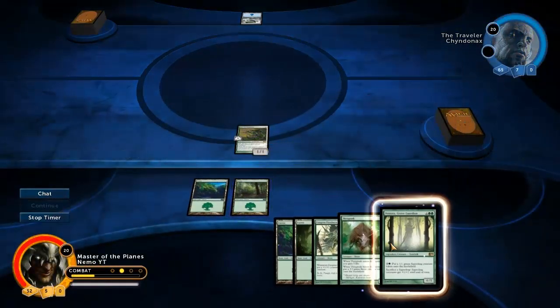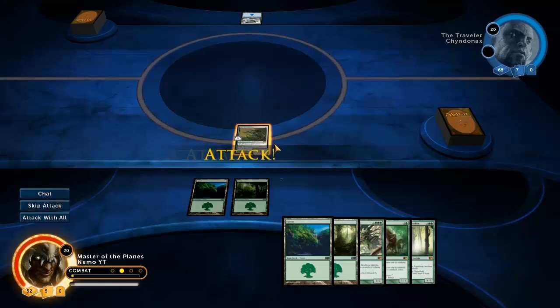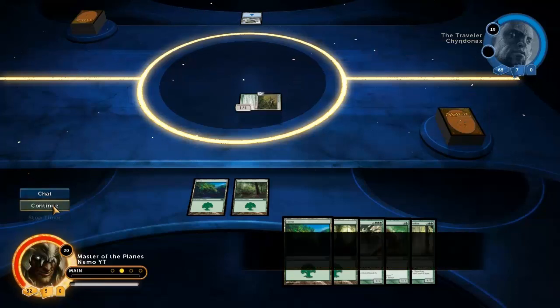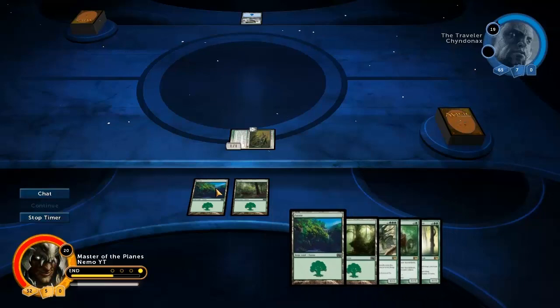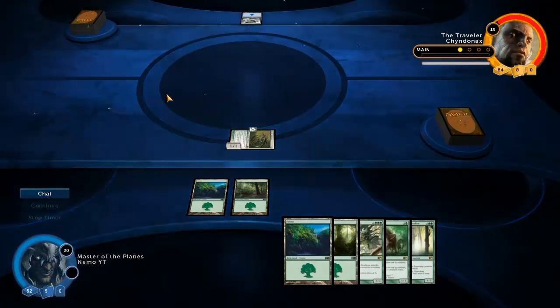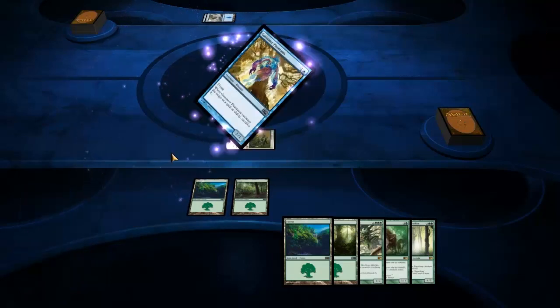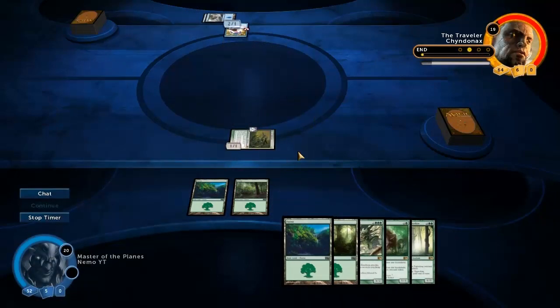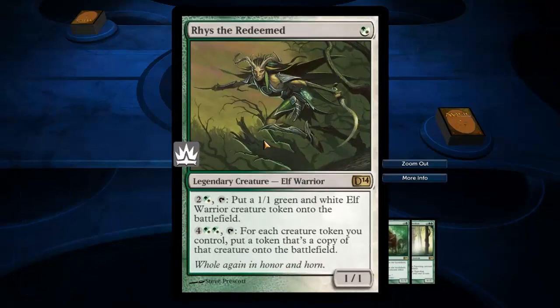Alright, so next turn I can actually make a 1-1, so that's gonna be a thing. Is that Lords of Illusion deck stuff? The Lords of the Unreal deck? Okay, it is the Lords of the Unreal deck. There we go. Yeah, there's your 2-1, and I'm gonna make a 1-1, so...